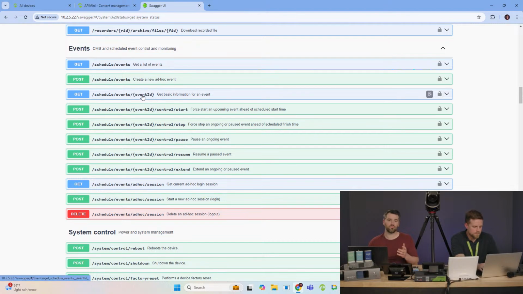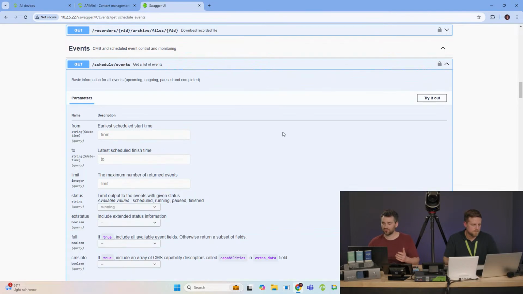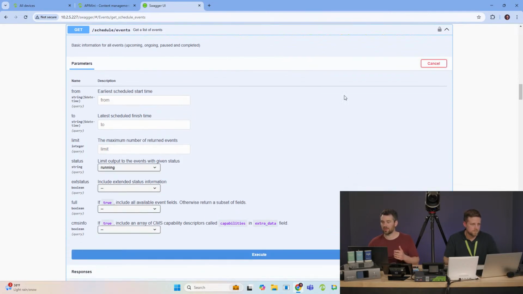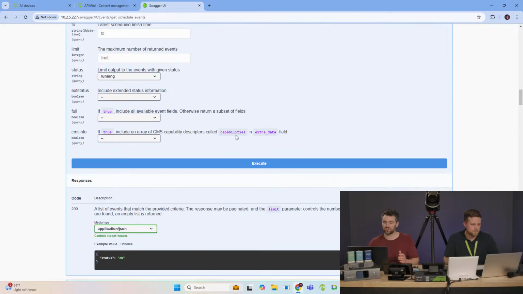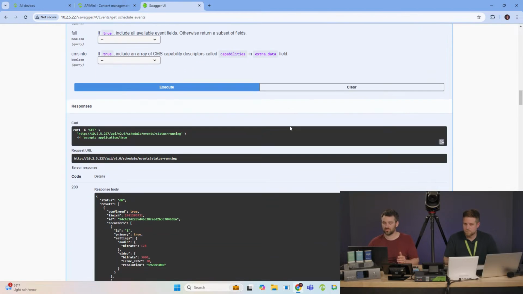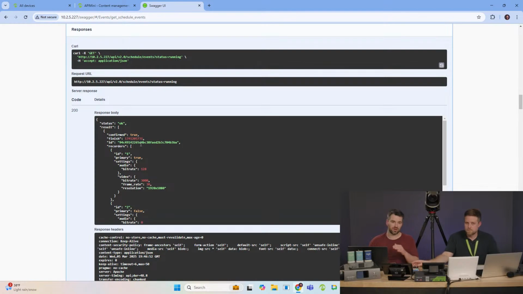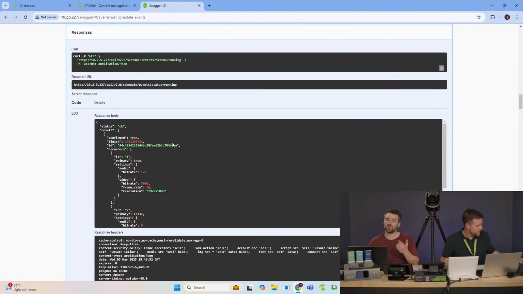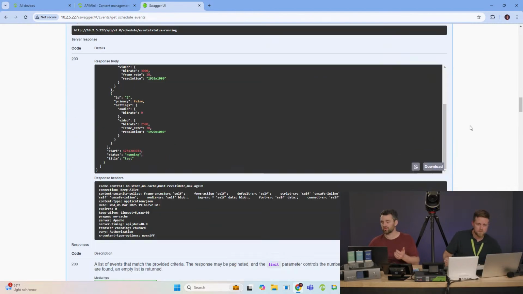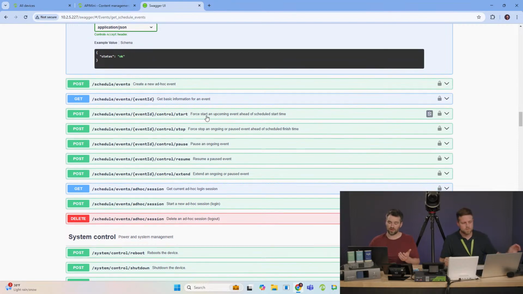And we've parsed the actual events that are happening, and we got the event ID. But if you want to know the events that are happening on this device, you could click here, and this is also just testing. You can see, okay, which event is running. Press execute, and then you get every bit of information about that event that's running. You get its event ID. And then what you could do is take this ID and use it to control stuff about that event. So if it's running, you could stop it, pause it, resume it, extend it, things like that.